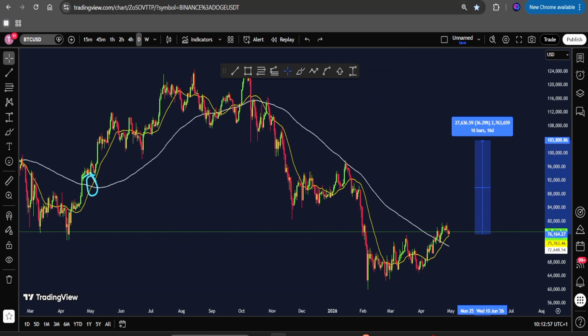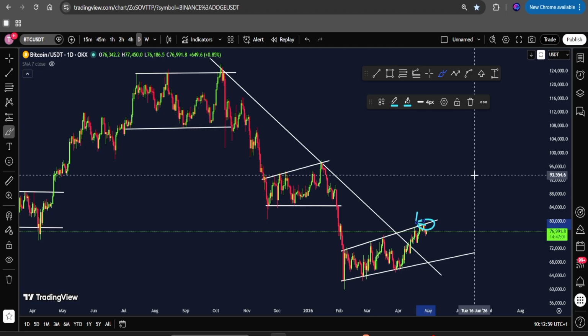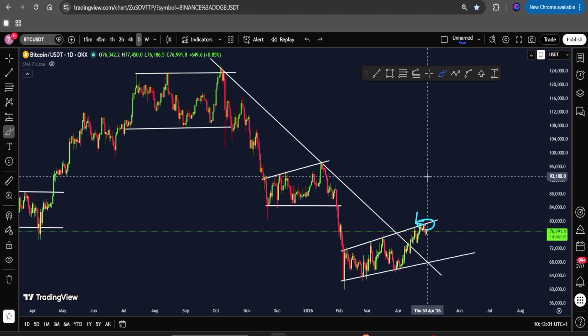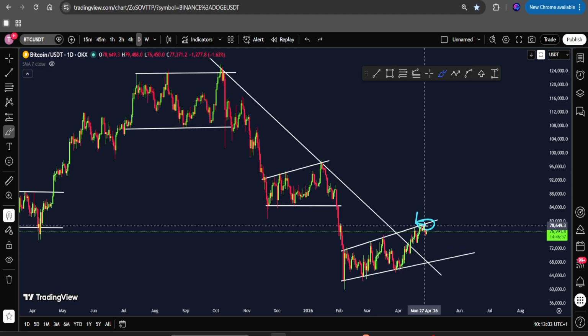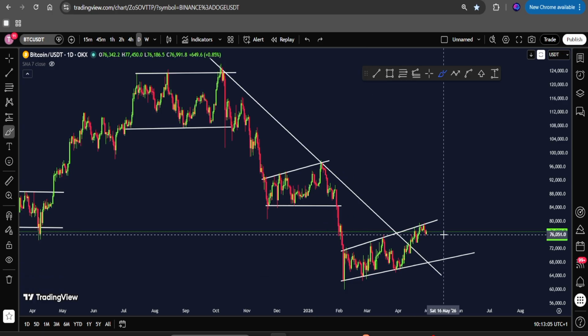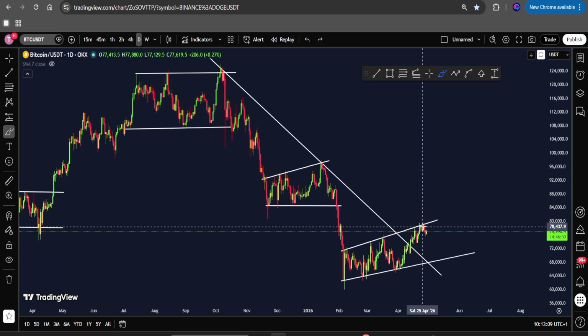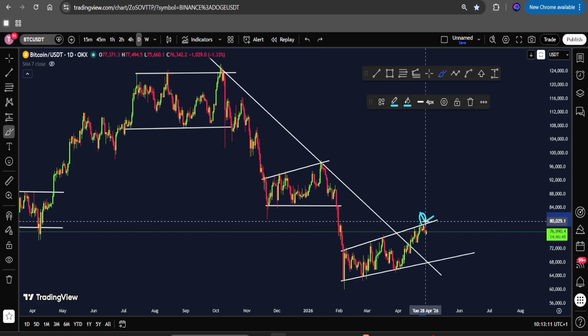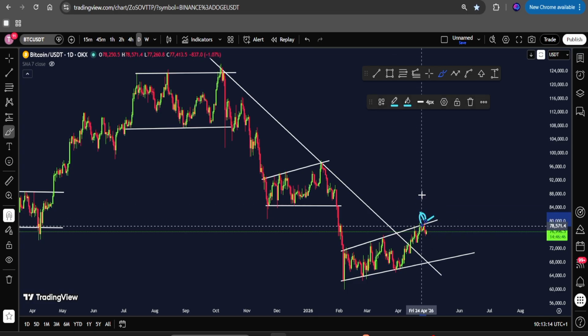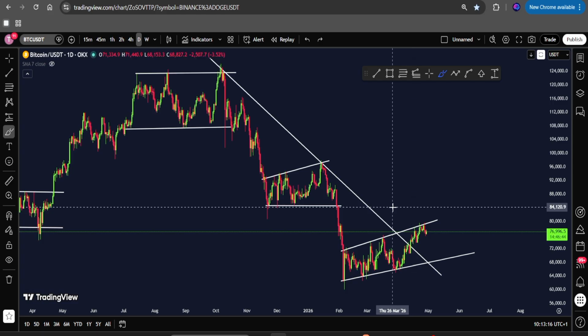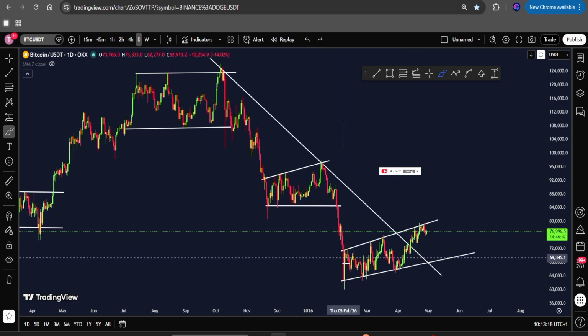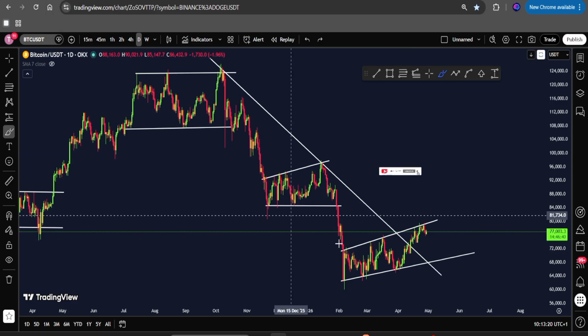if you take a look at another daily time frame here that we will be talking about every day on this channel, you see that we are still stuck within this bear flag pattern right here, and as you can see, we have failed to see a daily candle close above this major level of resistance here, and this has brought a weakness to the price. So right now we are seeing weakness from the price,